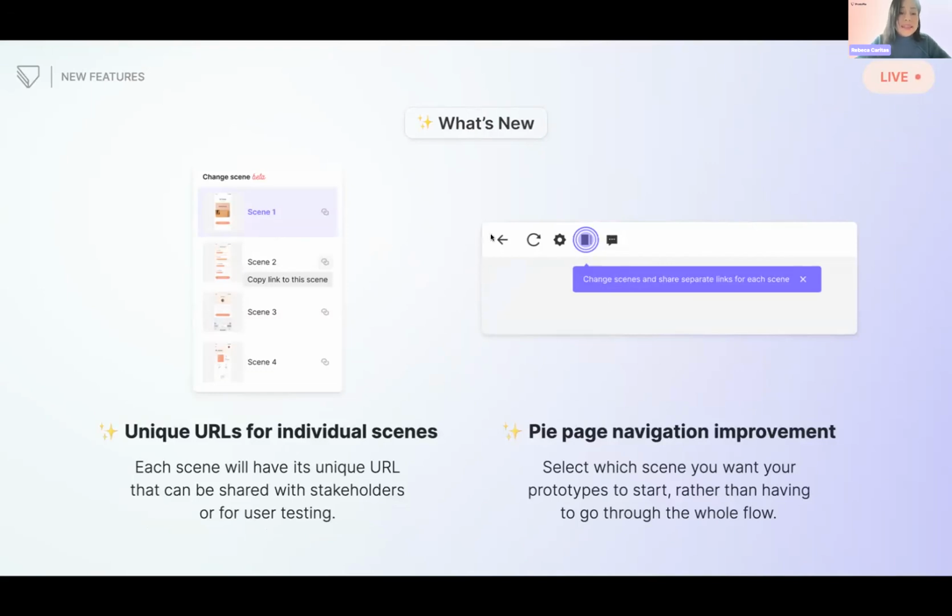And then this is a very highly requested feature: unique URLs for individual scenes. So now it is possible to share a specific scene's link with your stakeholders, or this is mainly useful for user testing, right? When you want your participants to just focus on one specific part of your prototype, now you don't have to let them go through all the